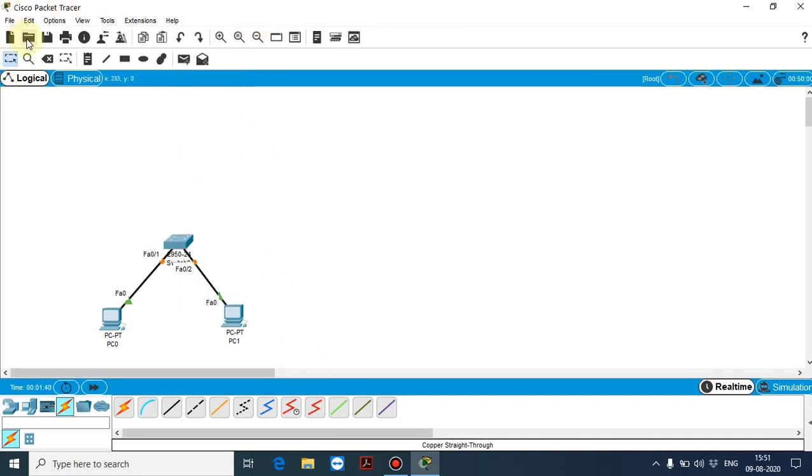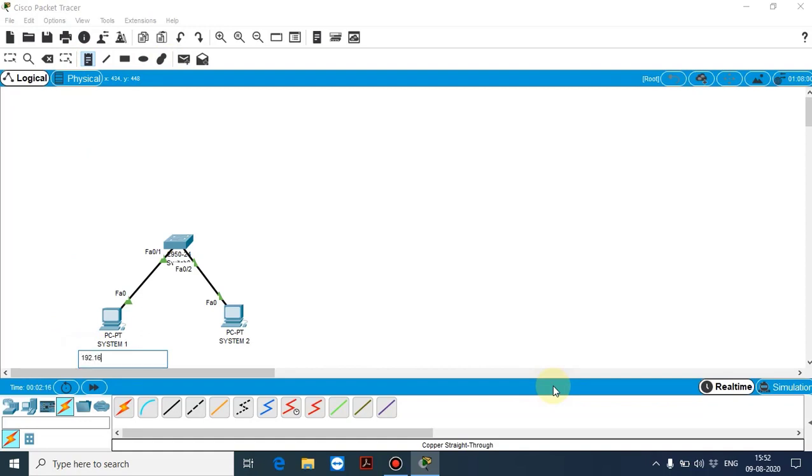So we have to wait until we receive a green color. So okay, before the system is booting, let us define this PC as system 1, and let us define this system 2. Okay, for this I have to configure the IP addresses. So okay, so I'm going to keep a note.